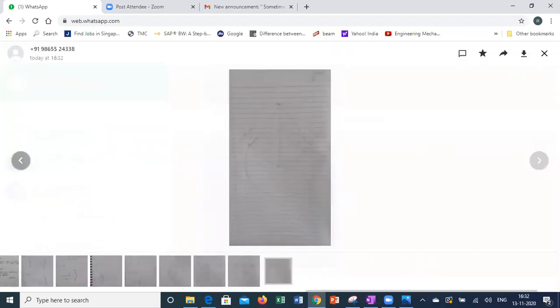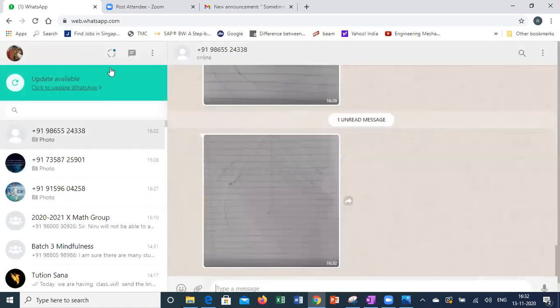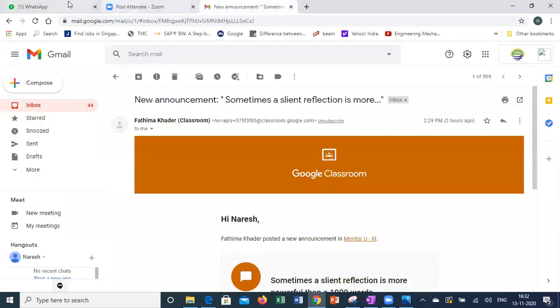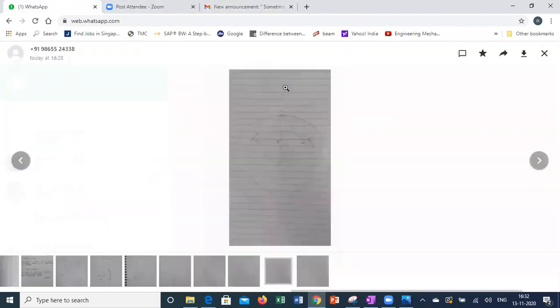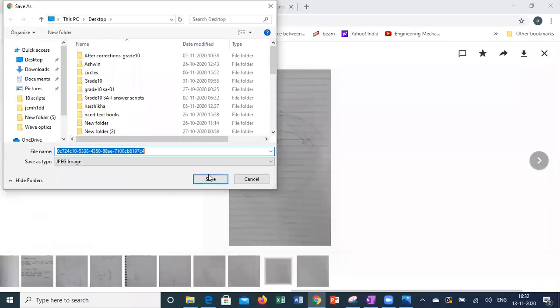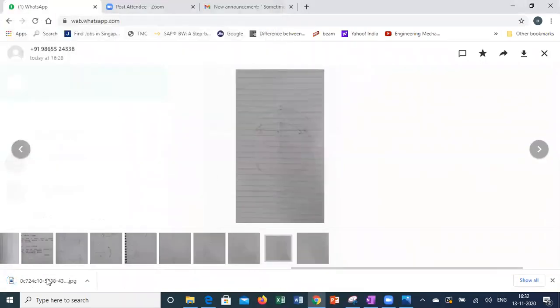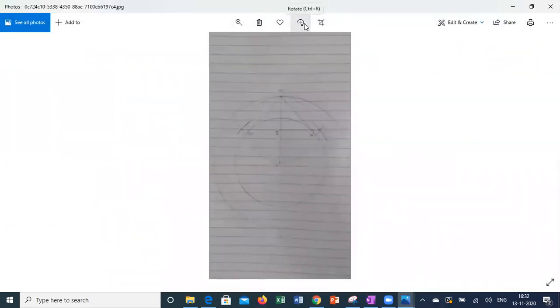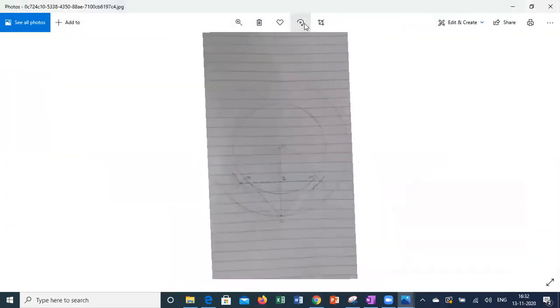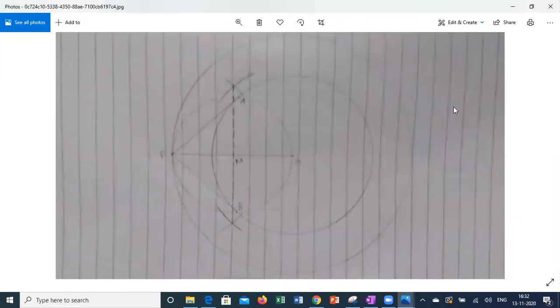So try to improve the naming and constructions part also. So what is how you have done the procedure also. So I am taking anyone's question. This is a question sent by Hamsini. I am taking this question. I am completing the rest of the part in the second question. What is the second question? It is asking us to prove what is the length of the tangent by using the calculations. Check whether your answer, practically and analytically, both are same or not.